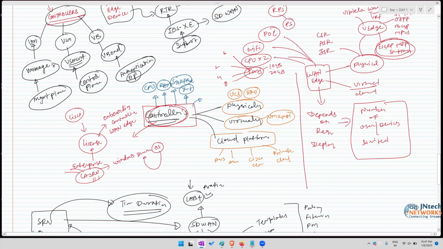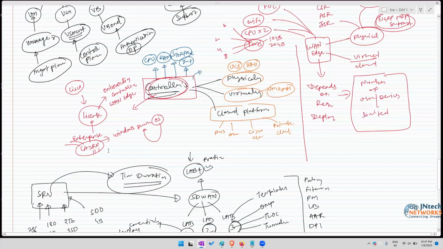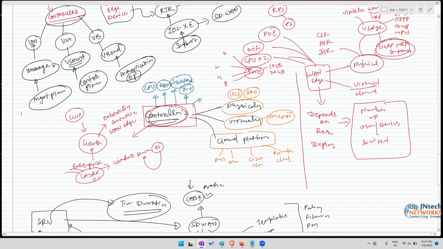Now one more thing. This controller must be licensed, whenever we are doing the onboarding process. The license we can receive from Cisco, and we are using the enterprise CS server as well. Clear? Now, one more thing. Managed devices are available physically or virtually, but virtual we use only for lab purposes. In the physical concept,